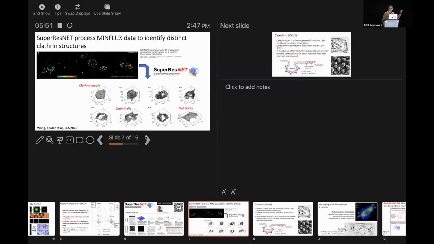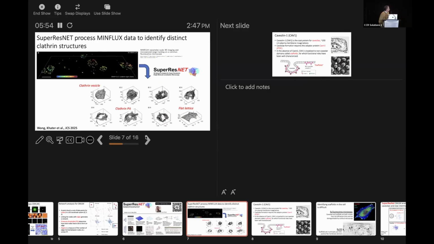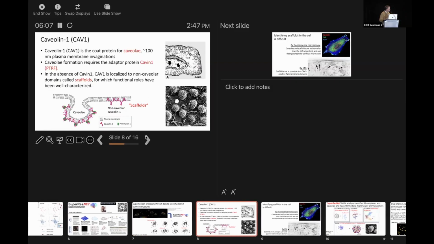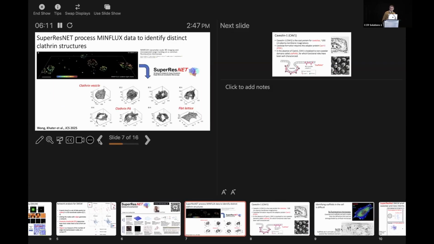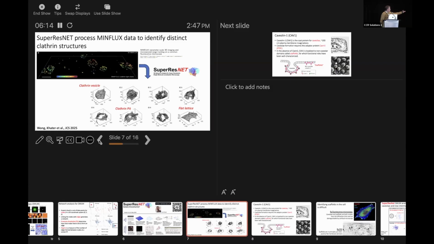And so this is just an example. This is some MinFlux data, published and downloaded from the internet. It's from a paper from Stefan Hell's group of clathrin-coated pits. The image they provide is on the top. And what SuperResNet can do is take those blobs, identify the blobs, and generate different structures. We can identify structures which are more clathrin vesicles, more spherical, more clathrin pit-like, and also flat lattices. And so we're able to obtain very defined molecular information from the single molecule localizations of MinFlux or any other